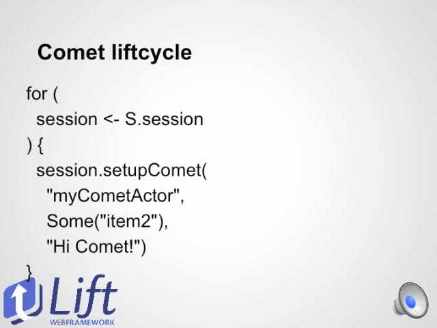Then this is one example of how you could set up a comet. I'm sure you have seen code like this before. Basically, you get access to the session from the singleton. It's a Box, so that's what we're using it for. And then there you set up a comet, MyCometActor, in this case with the name "Sam item 2", and in this case we're just sending a plain string, "hi comet", as the message. "Hi comet" is the message that we send to the actor. And that is the end of the second video, and now we'll move on to